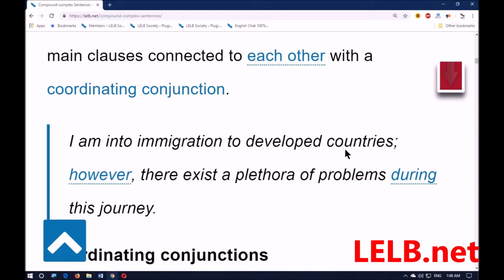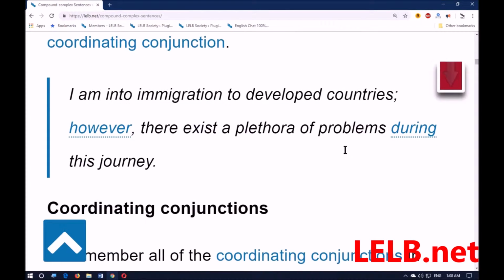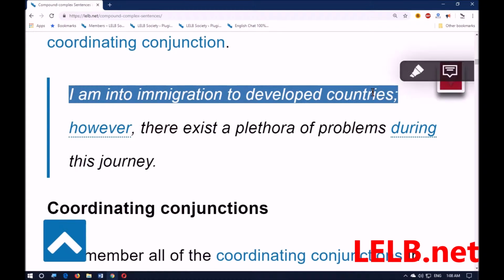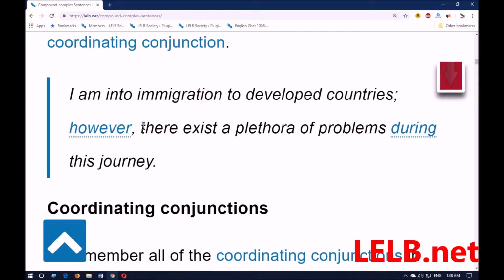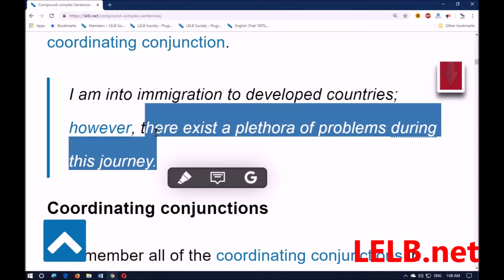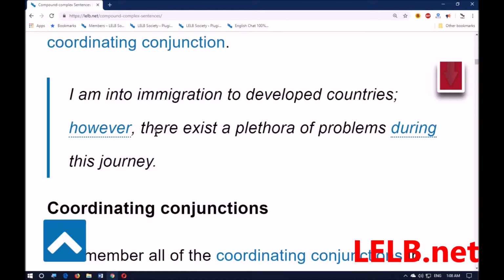The example: I am into immigration to developed countries. However, there exists a plethora of problems during this journey. So there are two independent clauses. This is number one: I am into immigration to developed countries. And this is number two: there exists a plethora of problems during this journey. And